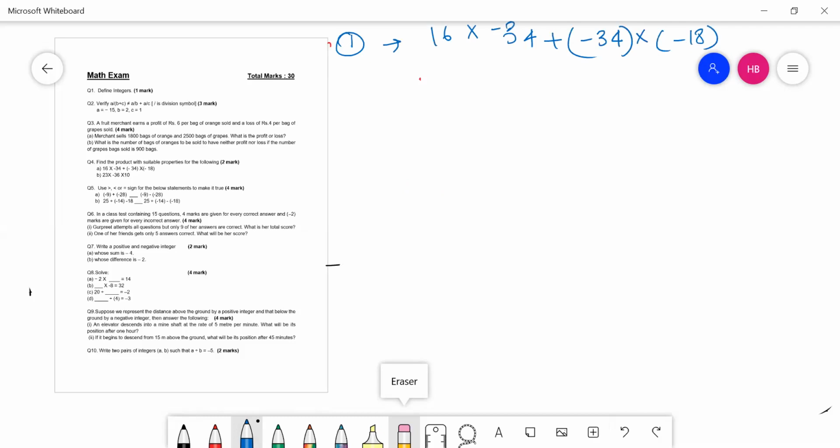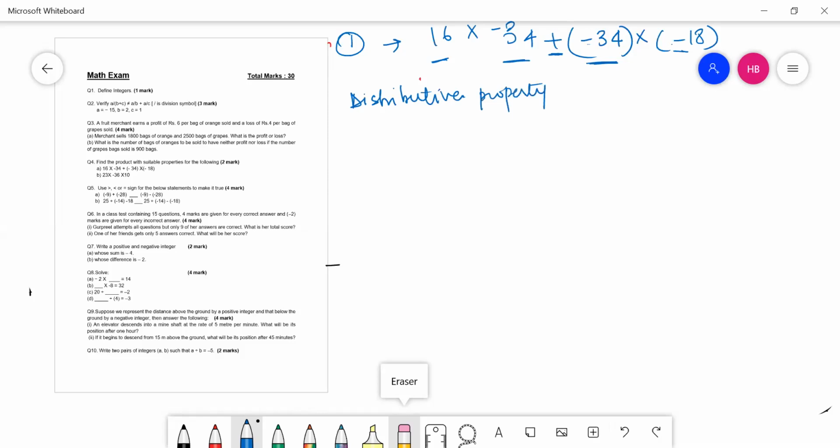Yes. So this is the question. I can see that minus 34 and minus 34 are repeating. There are two different numbers here, they are in multiplication, and there is an addition sign in between. By looking at the question, I can say that I have to apply the distributive property. So what property are we going to apply? Distributive property in this question.